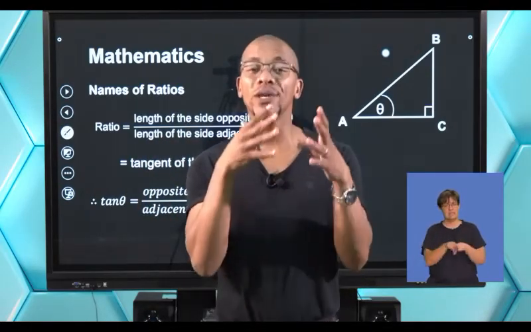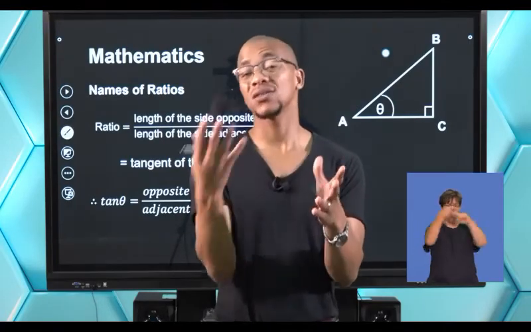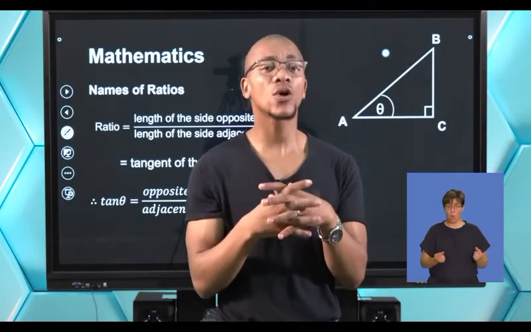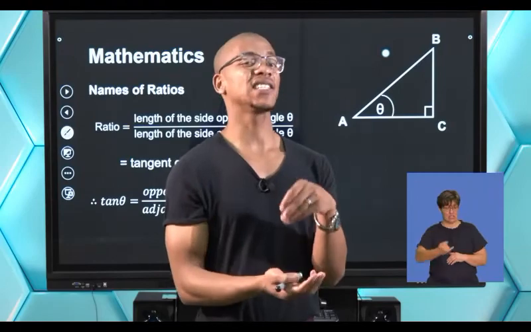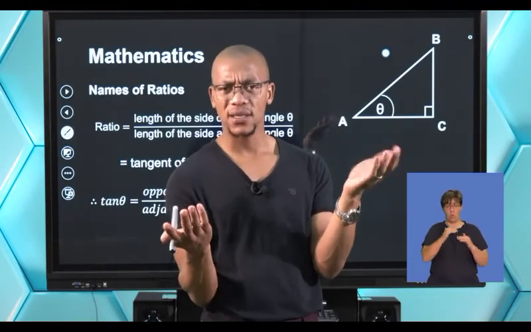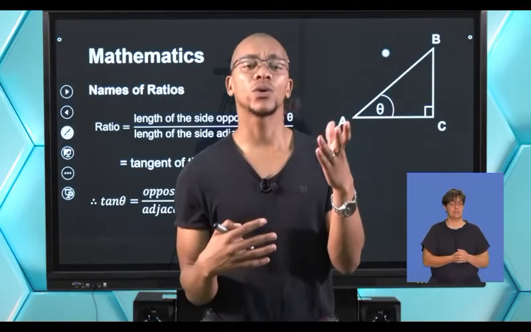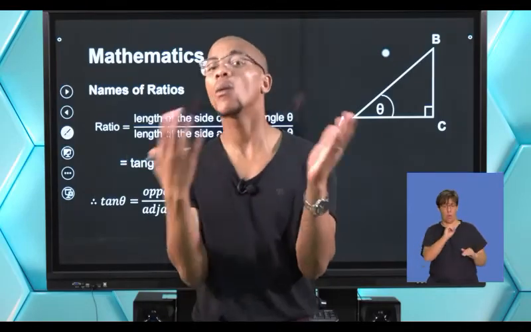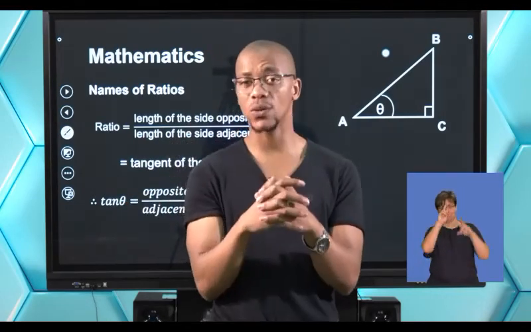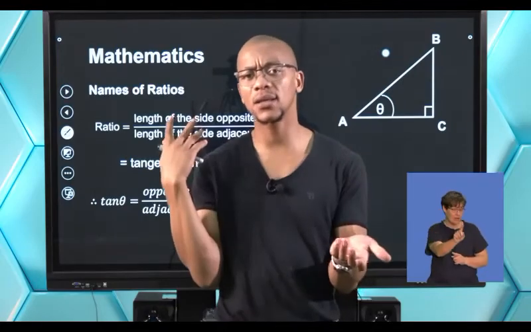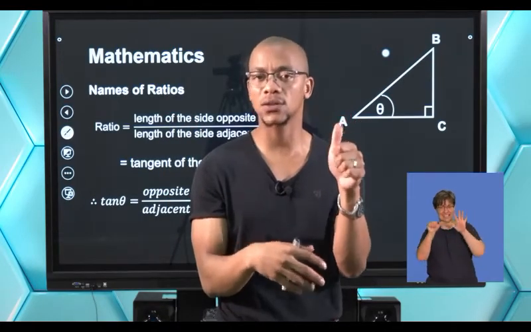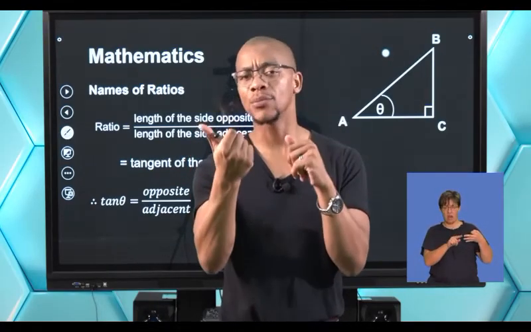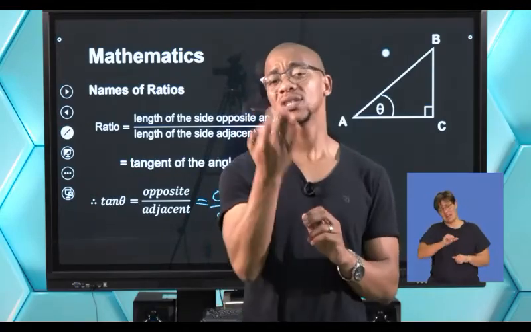So, we're going to also introduce the opposite of this, which we will then give a special name. If it's no longer opposite over adjacent and it's adjacent over opposite, what is that? Or if we don't call it opposite over hypotenuse and we call it hypotenuse over opposite, what ratio is that? That's what we're going to look at as well. Remember, it's always been saying 6 ratios. So the first 3 are what I just gave you now. We're just going to tip them and that will introduce the next three